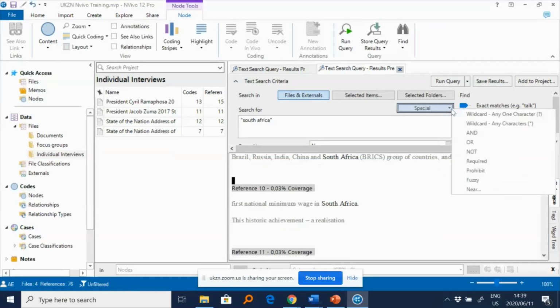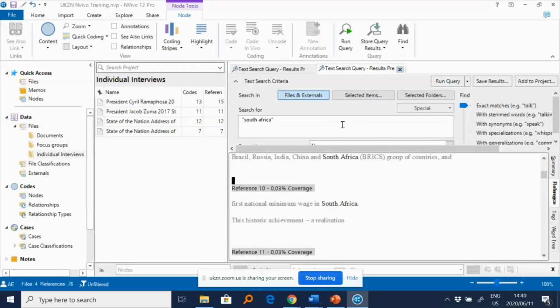And also, I would like to show that you have this option where you can expand your search. So you can use and, or, not. There are many operands that you can set for your search here, depending on what you're looking for. It's just like when you are looking for papers on Google Scholar. You tell your search engine to look for this and not that, look for this or that. So it's similar operations that you perform here.